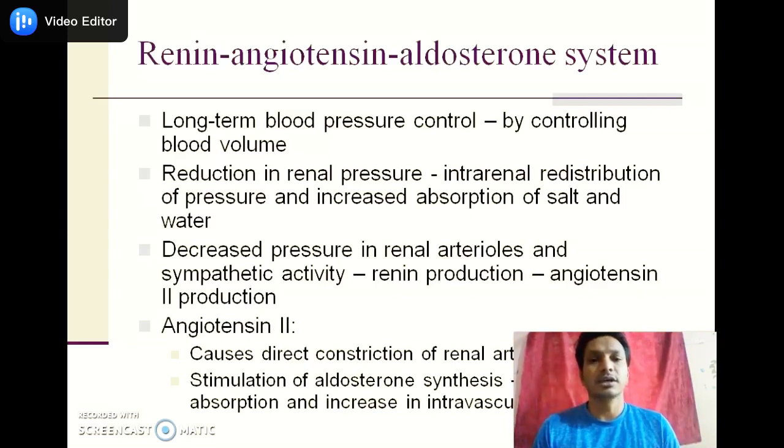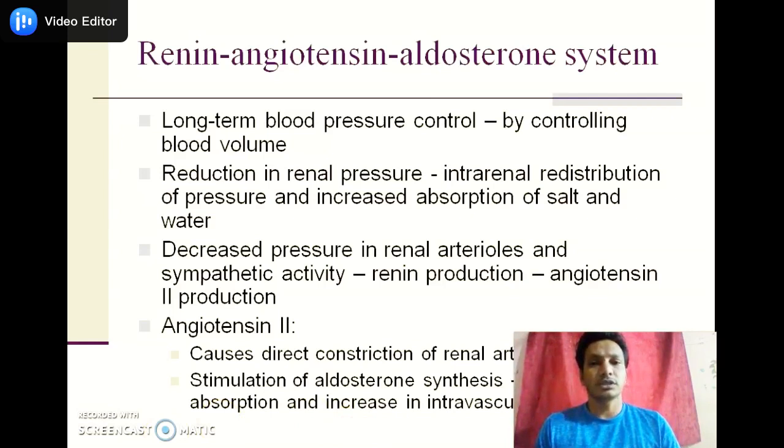It then starts to maintain the blood pressure at the normal level by increasing the absorption of sodium and water. It also has sympathetic activity. So the renin angiotensin axis is having